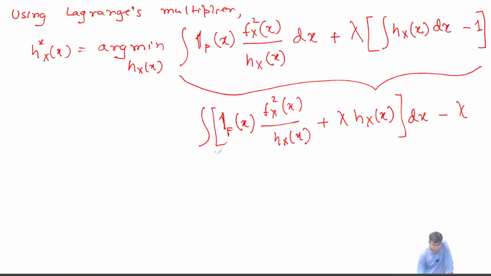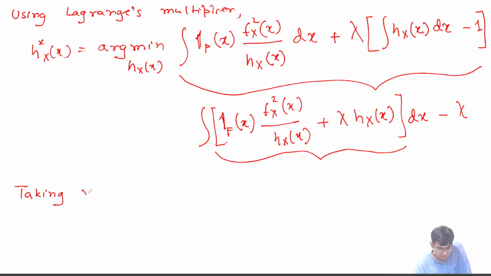And remember, this is variational calculus we are now looking at. So I will take the variational derivative with respect to hx. Hx is a function, so I have to take a variational derivative with respect to that. Keep in mind I am going to work with this term. So, taking the variational derivative,